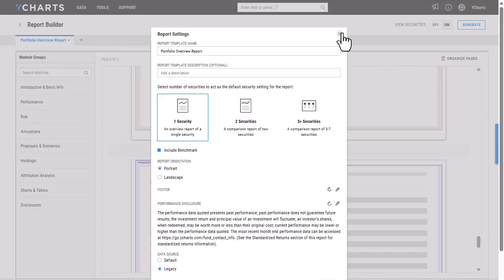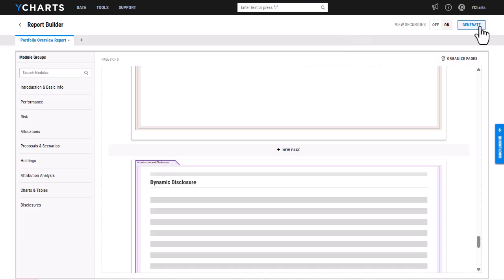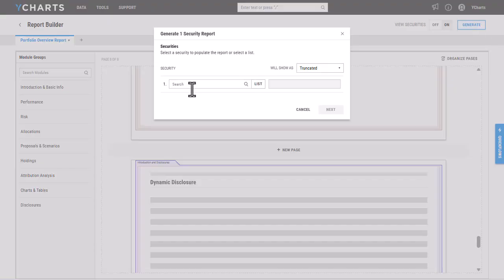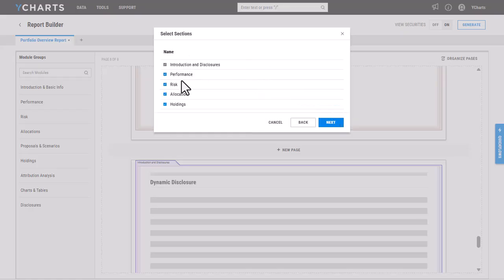I'm happy with how this looks, so I'm just going to go ahead, click generate up here, and then I'm going to search for my portfolio. It's going to ask me all of the sections I want. So I created this master report here. So now that I have this master report, I don't have to include every single module section every time I run the report. If I'm pulling this report for a client and they're mostly only focused on performance and risk